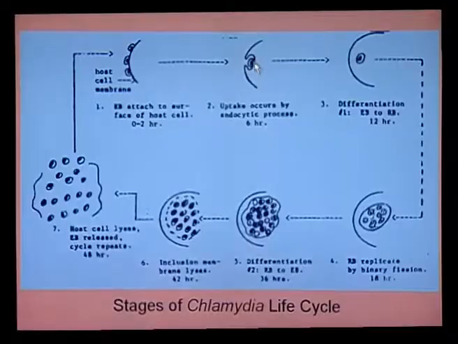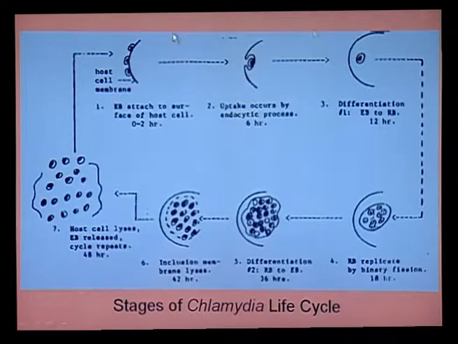So chlamydia has a cell wall similar to gram-negative bacteria, with the typical two-layer system: an outer layer and an inner layer with an intermediate periplasmic space. This rigid cell wall protects chlamydia when it is outside the host cell. But when entering the host cell, it is facilitated by a unique endocytic process. You can see in this slide how chlamydia attaches to the host cell membrane, follows a specific receptor, and then gradually enters the host cell.